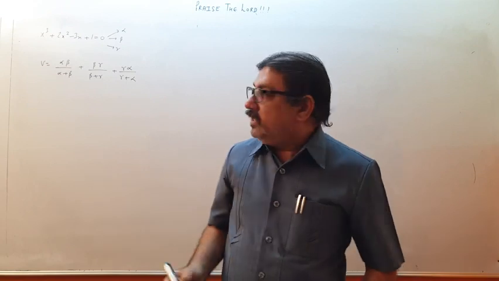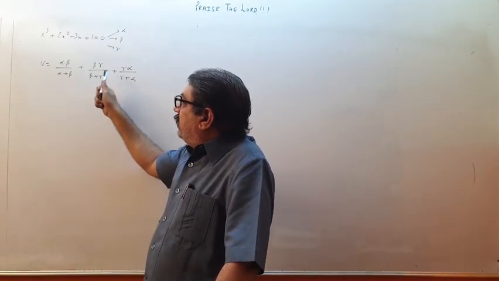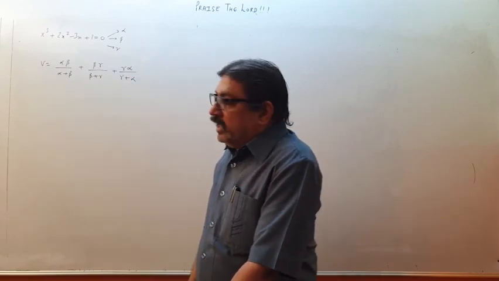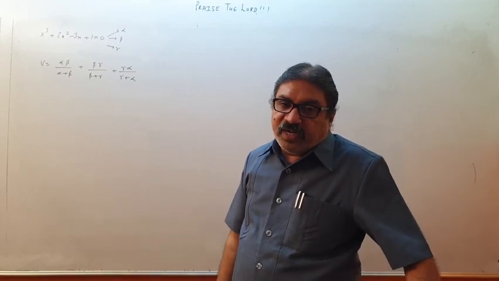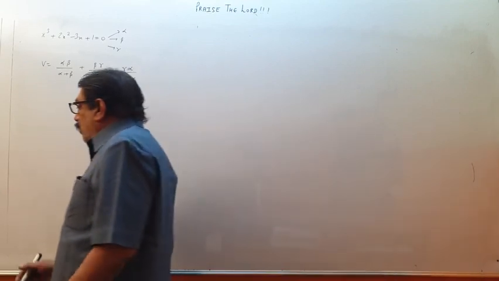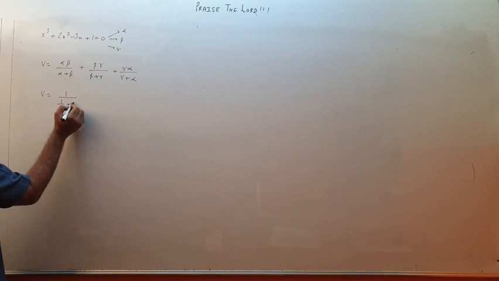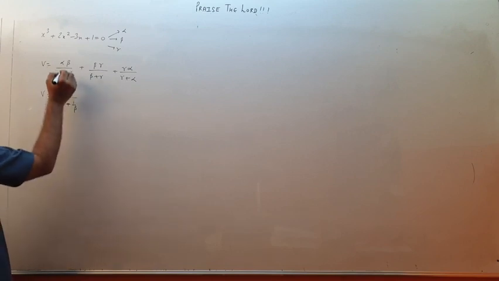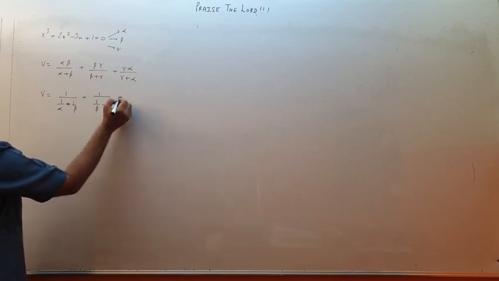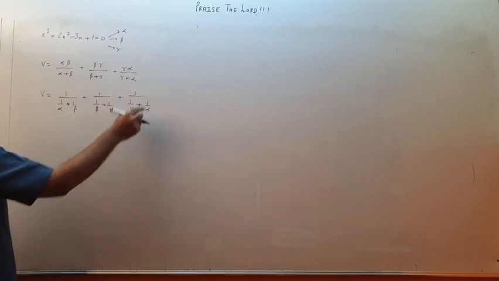Now children, please understand, if you take the LCM, then alpha beta into this plus beta gamma into this and gamma alpha into this. It will become a very, very long sum if you try to do that. So some tricks have to be used. Now what I can realize is that this is 1 upon alpha plus 1 upon beta, dividing by alpha beta. This is 1 upon beta plus 1 upon gamma, and this is 1 upon gamma plus 1 upon alpha, dividing by gamma alpha.